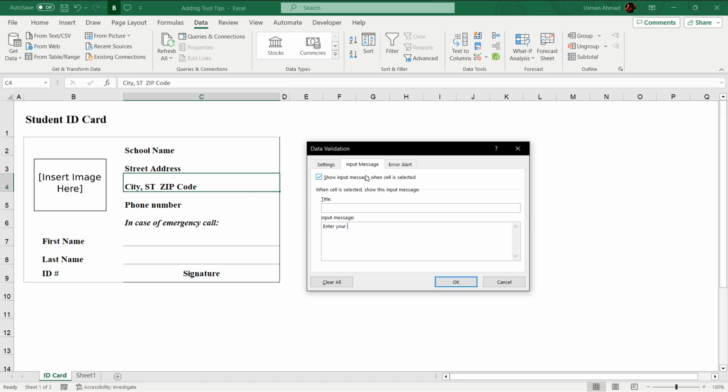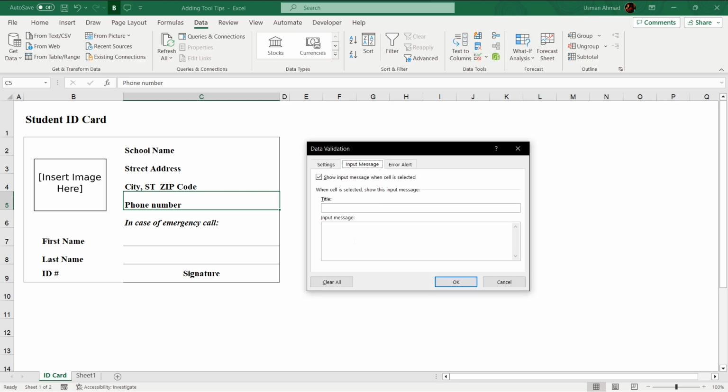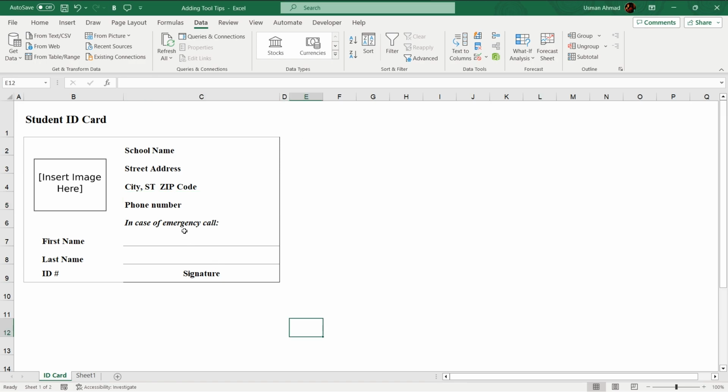Enter your complete address there, or like in this cell. As we're working on a cell, so I place it. For example, for phone number, just the phone number of your guardians. In case of emergency,